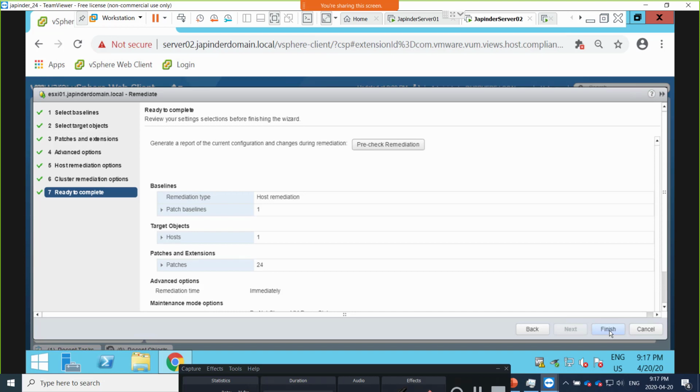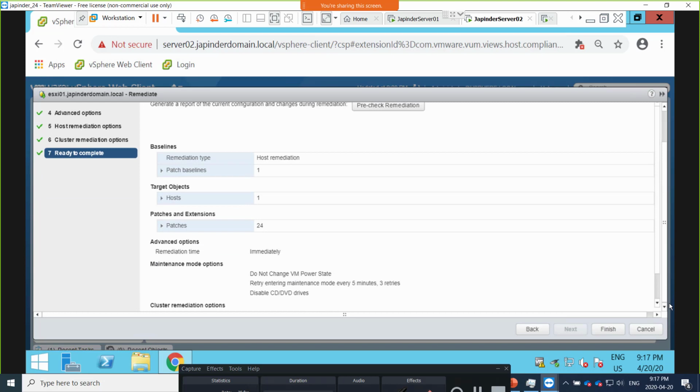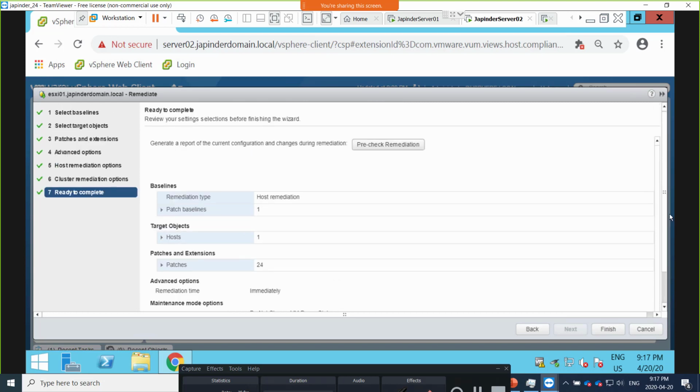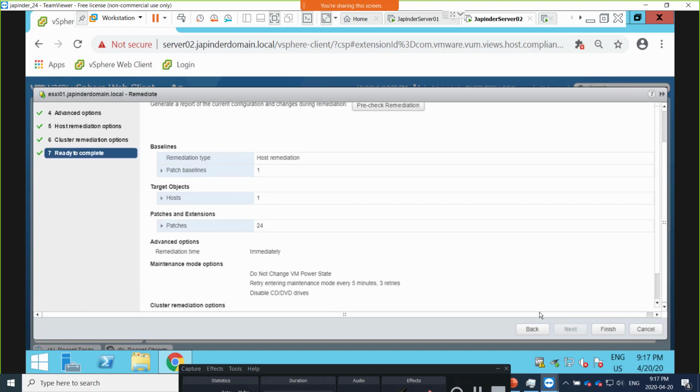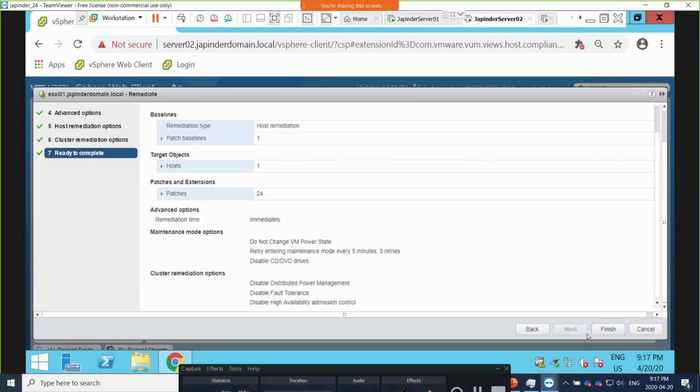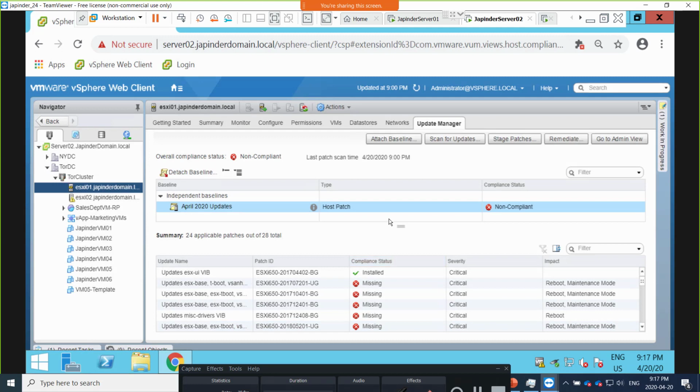That save default is for next time. Where's save default? Okay, yes. Okay, guys, click finish, and hopefully if there is an error, I will tell you what to do. So it is finished, but I really need to see now